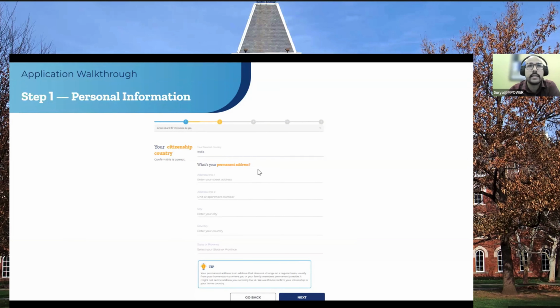Now we would like to understand which part of India the applicant comes from, so we would like to understand your permanent residence address. Permanent address is always the one where you belong from, or where your residential house is. A lot of students have asked us in the past that they currently do not own any house and stay with their parents. That's absolutely fine. You can provide us the address where you are staying with your parents, and later on we'll speak about what documents would be needed in order to verify the same.